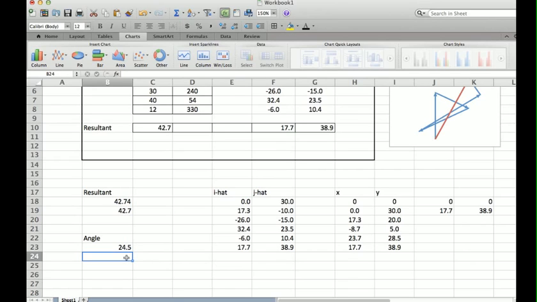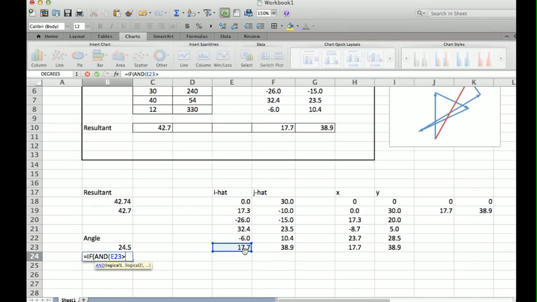Okay, equals if, and then you do a parentheses, and you put your two logical tests, or however many logical tests you have, in here separated by commas. So the first thing I want to do is let's see if it's in the first quadrant. So I'm going to do if and I'm going to come here and get the i hat. Okay, I want to see if they're both positive. So I'm going to test if it's greater than,